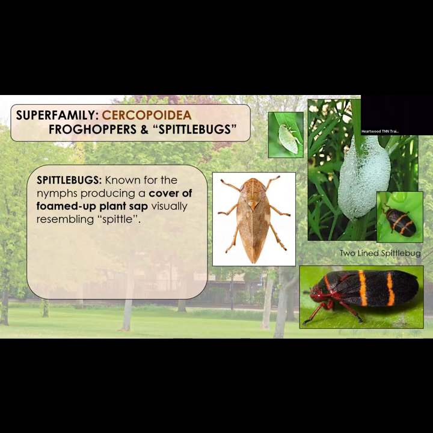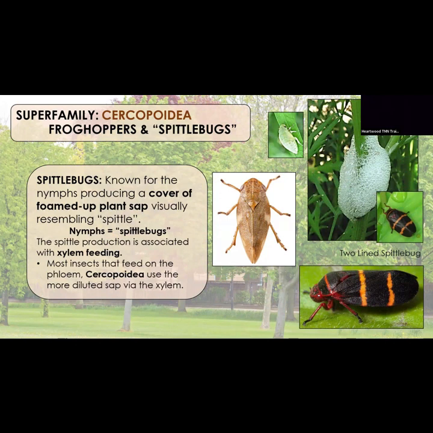So spittlebugs are frog hoppers. The adults are called frog hoppers. The nymphs are called spittlebugs because the nymphs create this. So they're feeding on the plant and they're creating what literally looks like spittle. It looks like somebody just hocked something on the grass. That means you have a spittlebug. And what they're doing is the larvae are feeding on the xylem, not the phloem of the plant. They feed on the xylem. So because it's waterier, it creates this whole spittly thing going on.